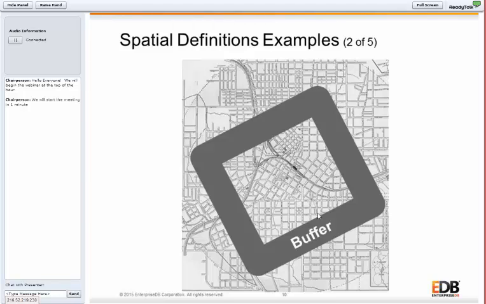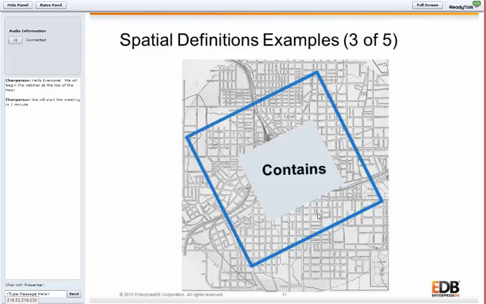An example of doing buffer is that maybe you have a city and you have a point that represents that city, and you can expand within a 1 mile buffer of the downtown and tell where the number of ATMs or bars are. How many bars do we have within 1 mile of downtown? If you're in the fast food business, tell me the number of fast food restaurants within 1 mile of each exit ramp.